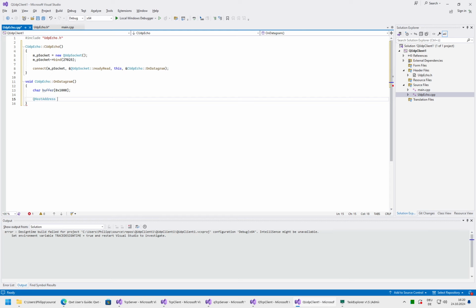Host address. Since we want to send it back, we need to know where to send to. With the TCP socket we did not need to be aware of which address the other endpoint of our communication has, because the socket itself knows it automatically. With UDP, since when you have incoming packages, we need to always check from where the package comes in. Socket read datagram,